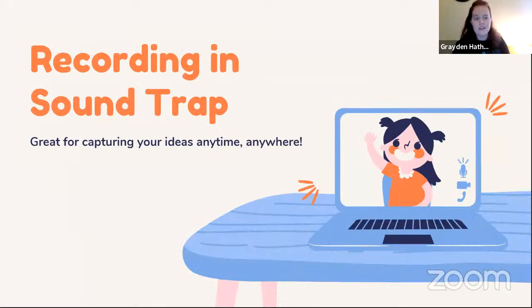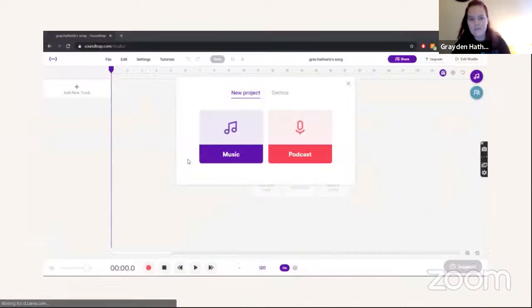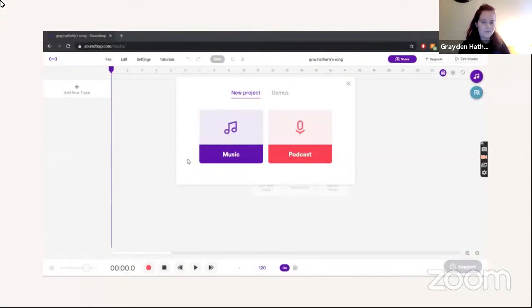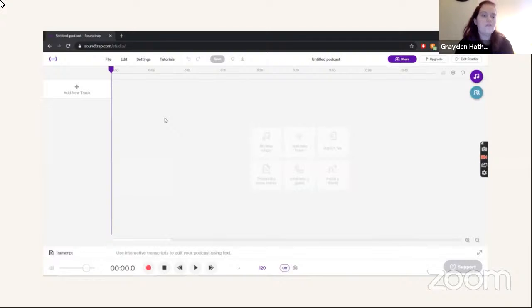So I'm going to talk about recording in SoundTrap now and how that works, and I believe I have another video for showing how to record in SoundTrap. So if you want to record directly in SoundTrap, this is how you do it on a computer. Mobile is pretty similar. You enter the studio, this is what pops up. So you either click music if you're going to make music, or you click podcast if you're going to make a podcast. It really doesn't matter which one you click, to be honest. I usually just select the podcast option, and nothing really happens when you do that. It'll just be like Untitled Podcast. You can change the title, so for the sake of this, I'll call it